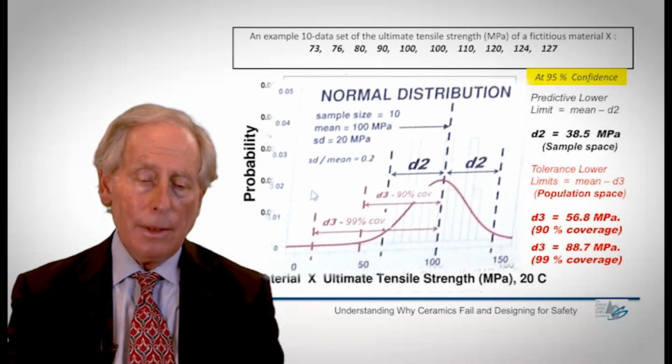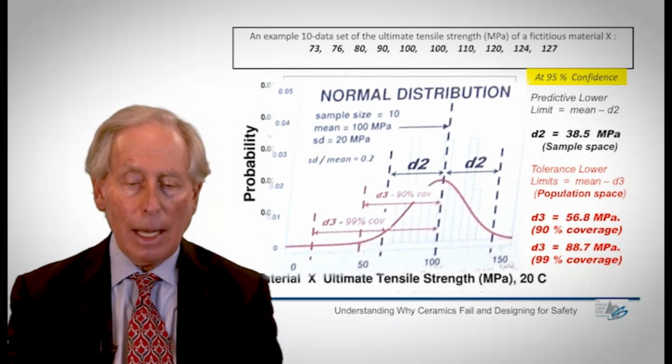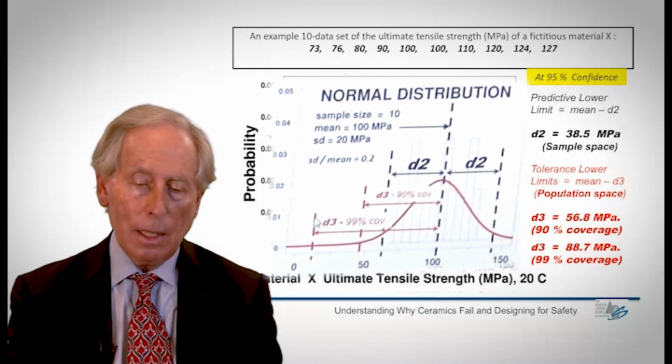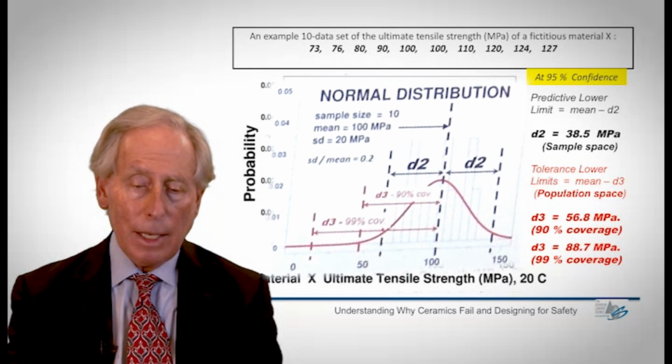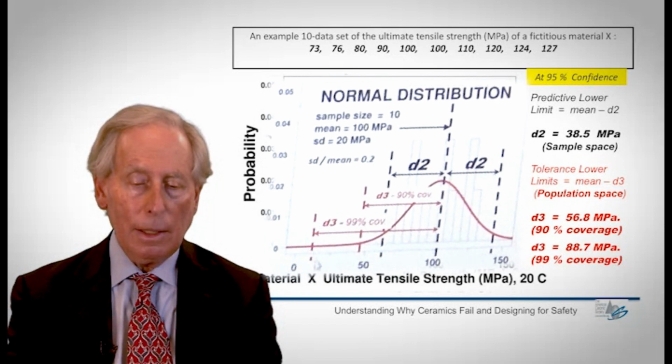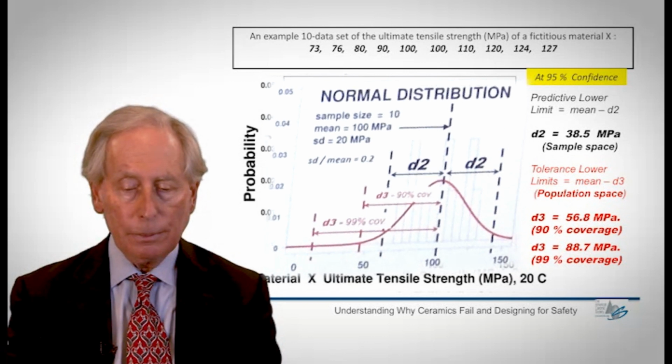So let's put it another way. The lowest tolerance limit, the lower strength limit in this set of distribution at a 90%, 95% confidence level. In other words, let me point out again, this is not an absolute number. There is a confidence band about this number as well. And so with 95% confidence, I can say that the lowest limit to the strength in a set of components of this nature will be at this level.